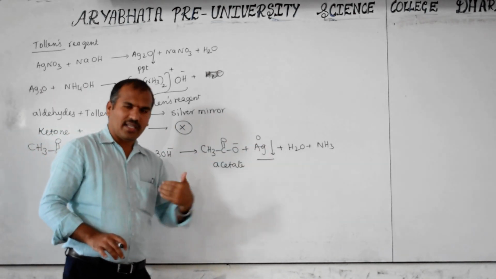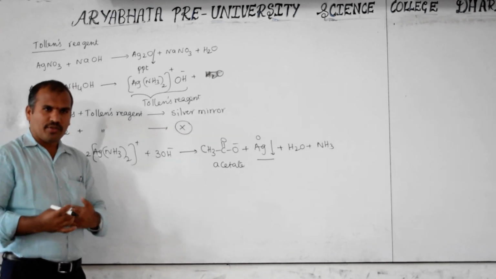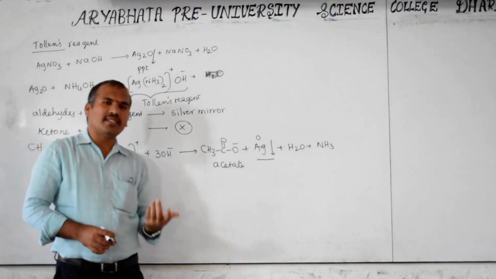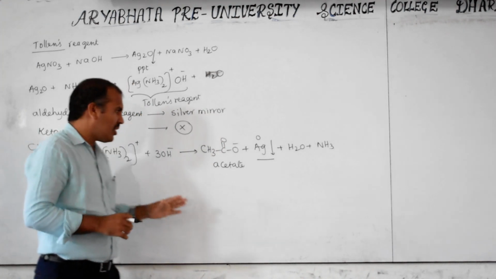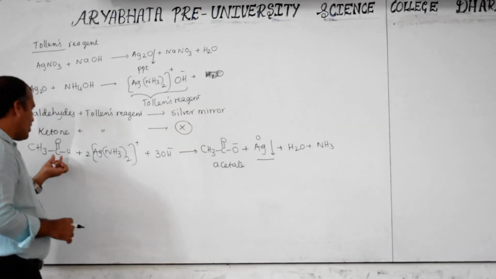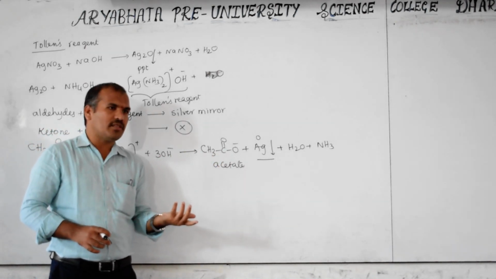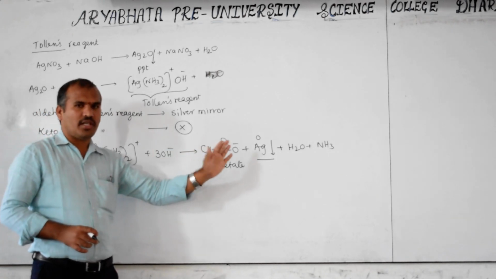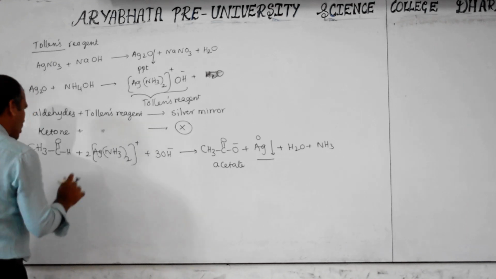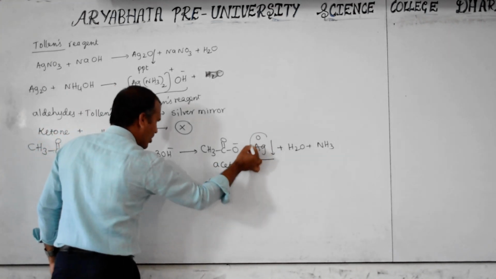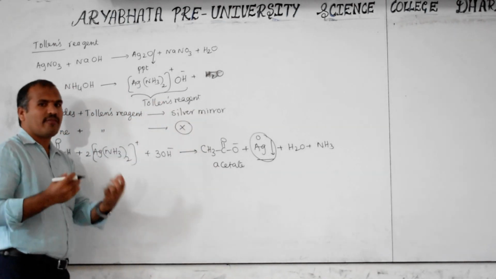+1 to 0, is that a decrease or an increase? Decrease. It means it is itself reduced. An oxidizing agent oxidizes others, and itself it is reduced. That's why silver is reduced here. And observe how many oxygens are there: one more oxygen is added. Addition of oxygen is oxidation, so totally this reaction is an oxidation. Okay, you can balance to get a clear equation. But keep in mind this is only the silver mirror. It is not actually a precipitate; it is a layer formed inside the test tube.